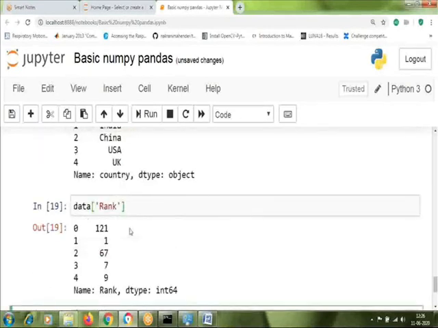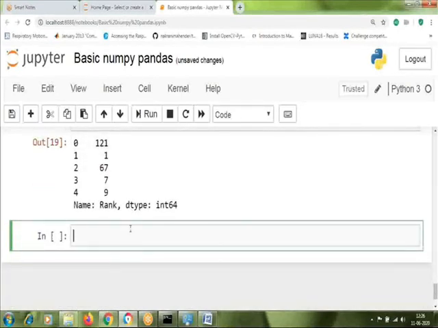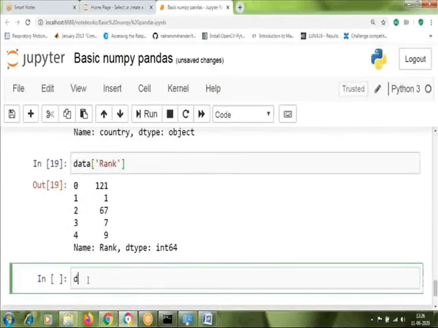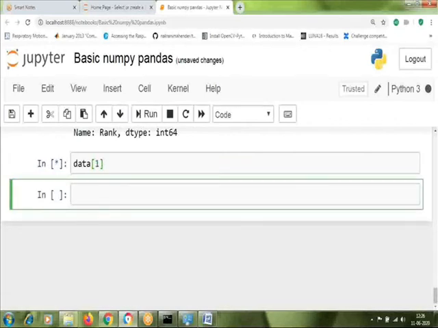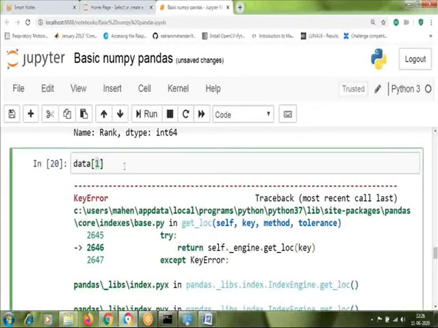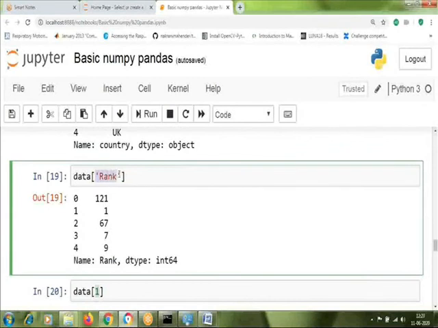The next important thing is how we can select the rows. Remember that there is indexing like 0, 1, 2, 3. If you give it directly like in NumPy, let's say you want to select row number 1, it won't support it. It will show that there is no particular index with the value 1, because whenever you give it directly, it is actually looking for a column name, not a row.